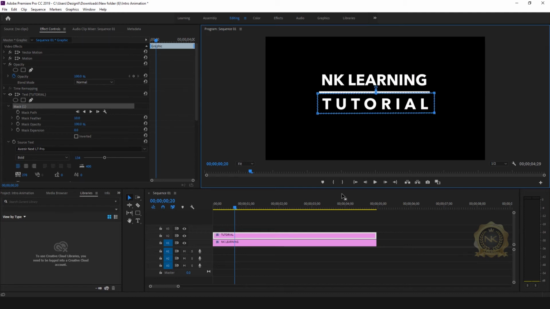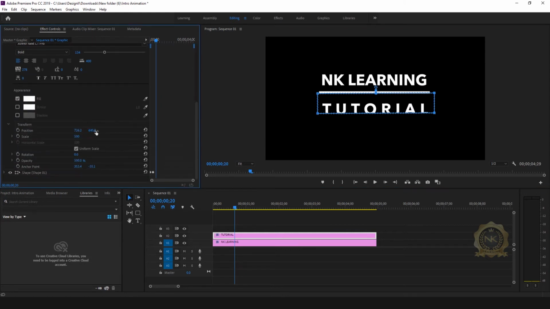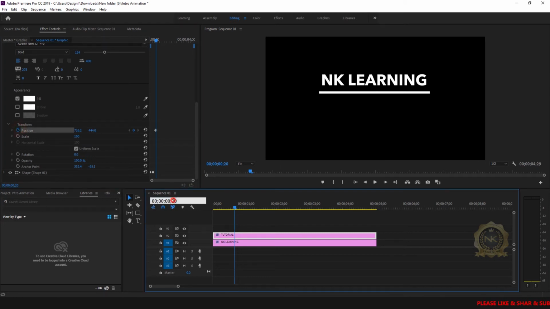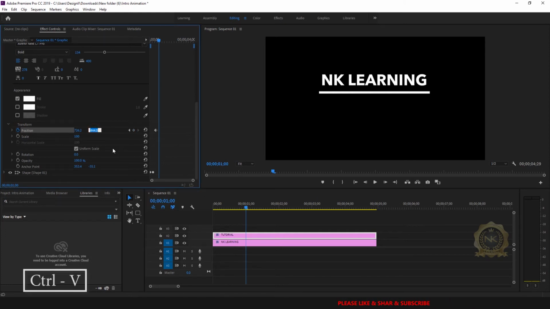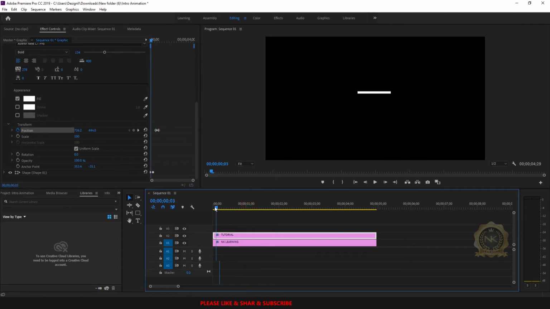Go to the transform. Select the position. Copy the value. Select the position timeline. Then go to the sequence time 30s. Now paste the previous value. See,